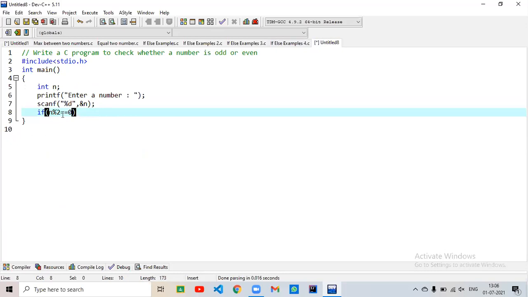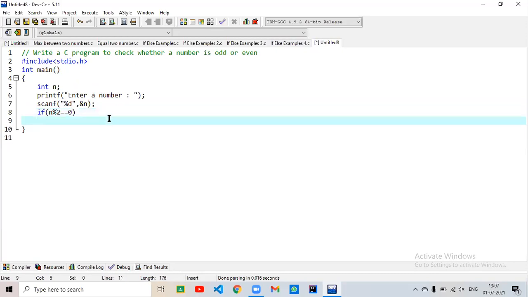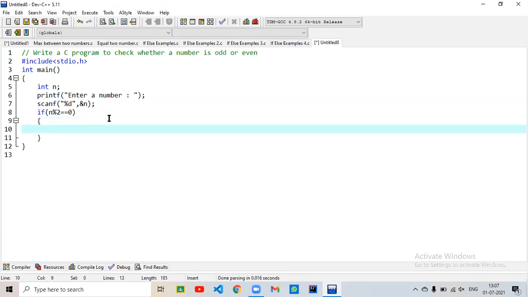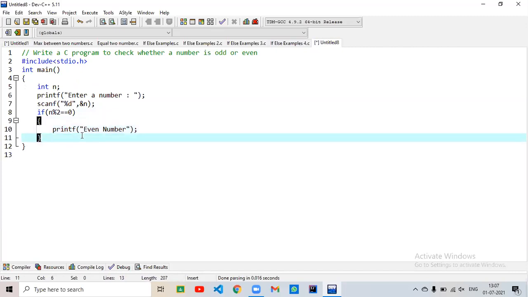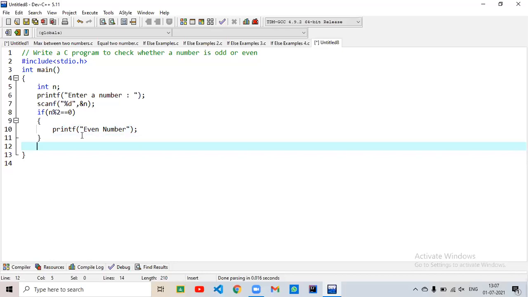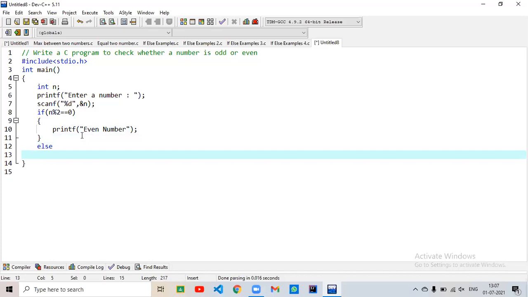So we are checking n mod 2 equal to 0 or not. If it is true, what does it mean? If n mod 2 is 0, then the number will be even, right? So simply write even number. If it is false, that means 1. If n mod 2 is equal to 1, that means it is an odd number.